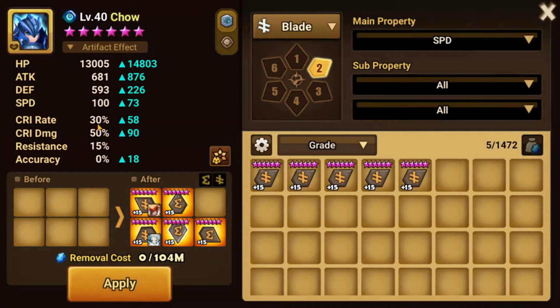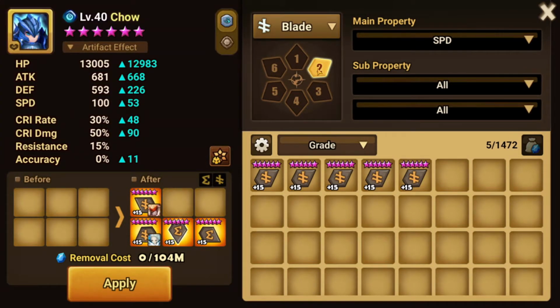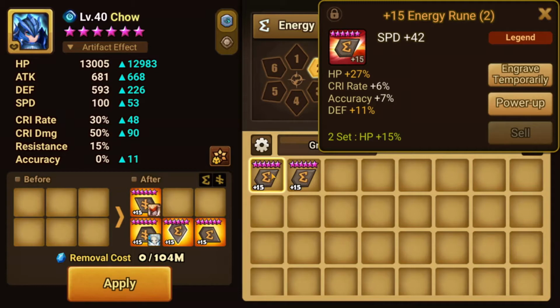So right there you can see we're over the cap, which is 88. It was at 88% crit rate. So I'm gonna see if I can get crit rate from here, this point. So which one is better, this one or this one? I'd say 27% HP is quite good. Seeing as we have a good balance of attack already, we kind of want to survive more. So I'm gonna opt for this one instead,